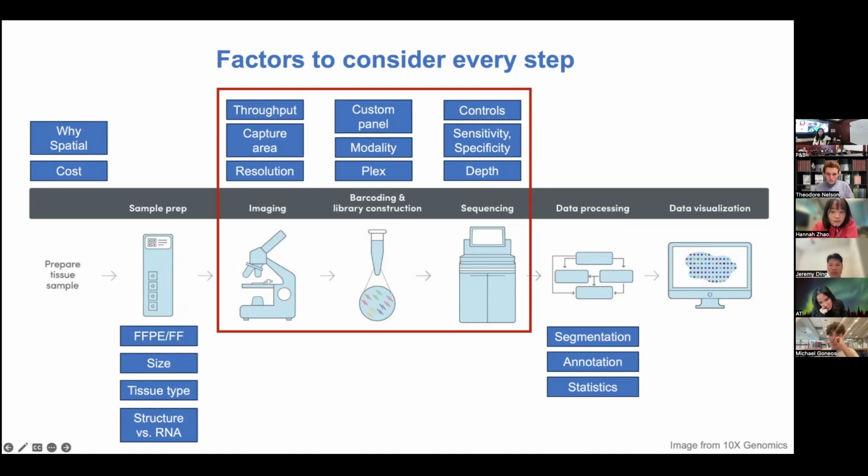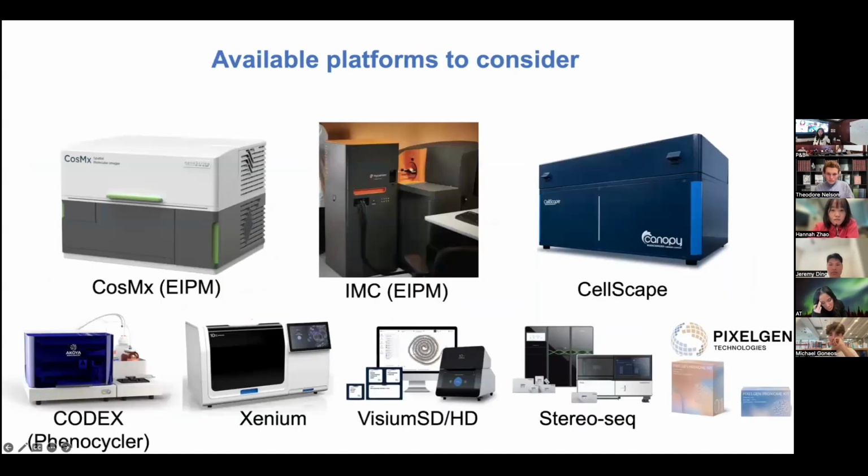Yeah, and going on to different platforms, I think you've seen the slides before, where these are available platforms to consider if you were to do spatial omics in Cornell. We might actually have more, but these are some of the major ones that we have. Through Cornell, if you were to run it, there are a few machines all around the Cornell, MSK, Rockefeller campus